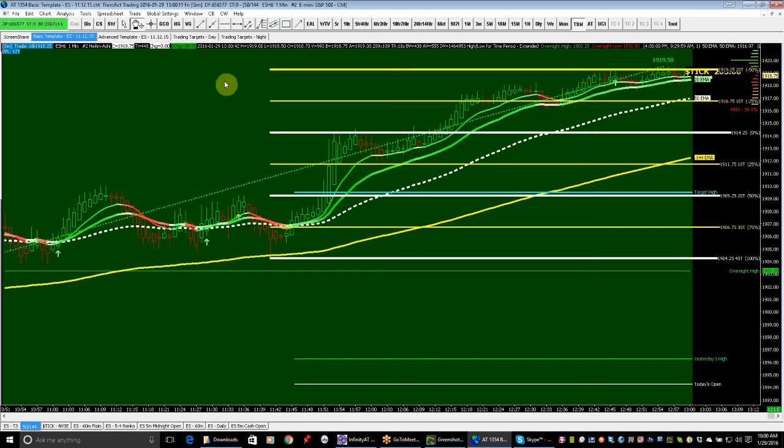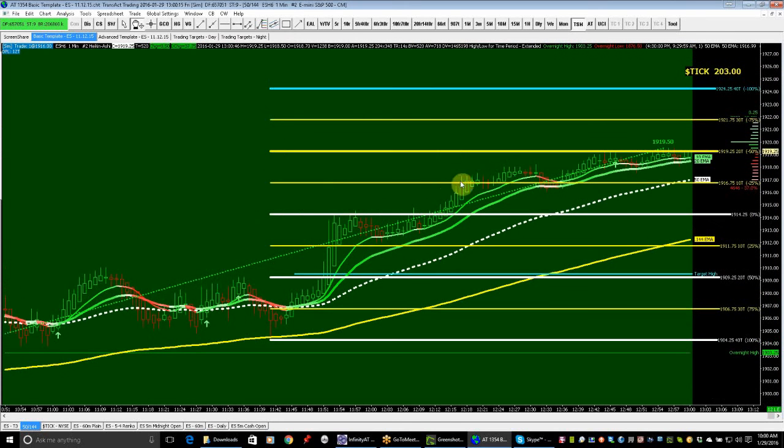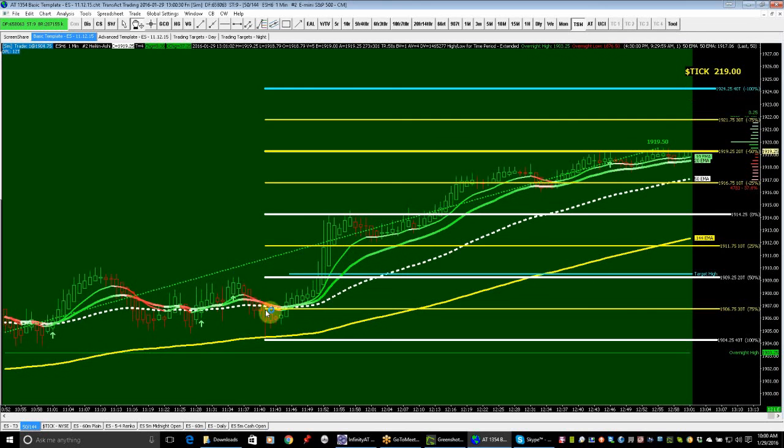Okay, now what's 50% of that? Hey, 50%, look at that, 50% of that move. It went up, bam, 50% of that move, 1919.25. Actually, it went to 1919.50 and pulled back. Now it's waffling around, so I expect it to go to 1924.25 sometime. But see, that's how easy this is to do. All you got to do is put your levels